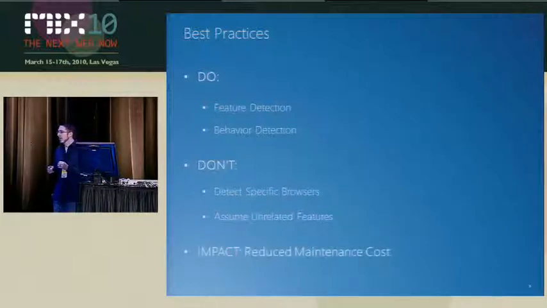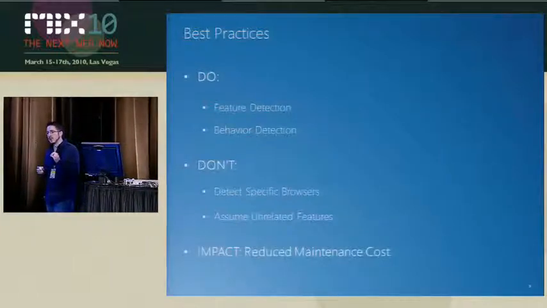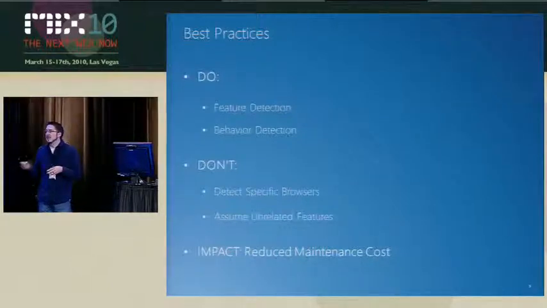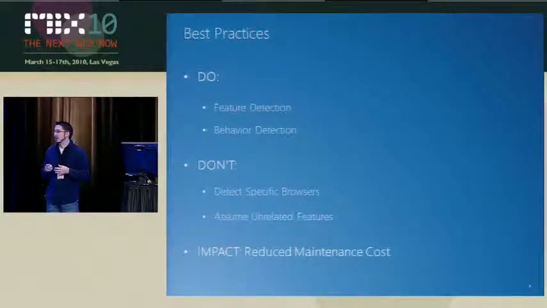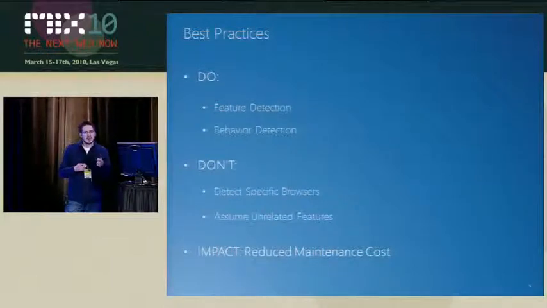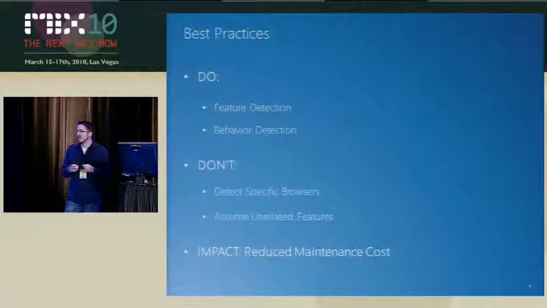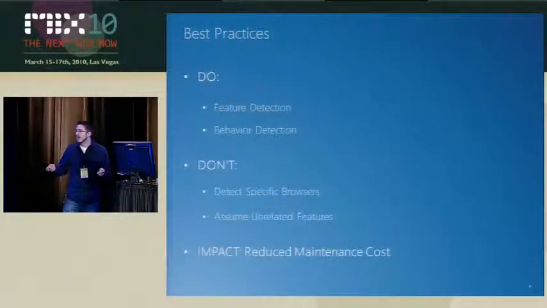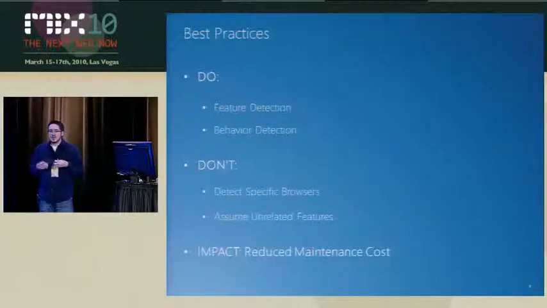The key thing here is the impact: it reduces your own maintenance cost on your sites. With browser detection, you don't know what the next version is going to hold. And so you're always playing a guessing game in terms of, well, when the next version of IE or Firefox comes out, do I still need to send it down this code path or do I need to send it down the other one? With feature detection, you can automatically